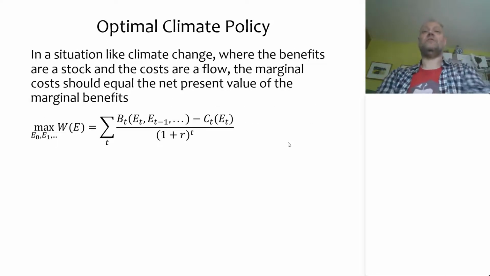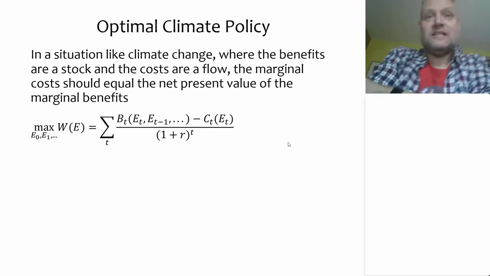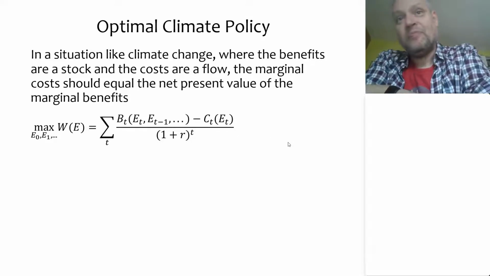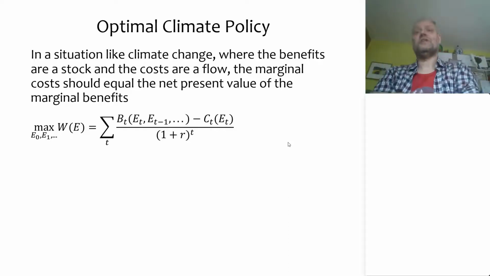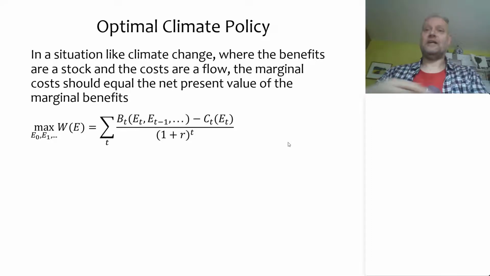Symbolically, what we want to do is maximize the net present welfare, which is the benefits B, which depend on emissions at the same time, emissions in the year before, emissions in the year before that, minus the costs of E, and as I said, we assume that that depends only on emissions in that particular year. And then of course this is in present value, so we should discount the whole thing back to today by dividing by